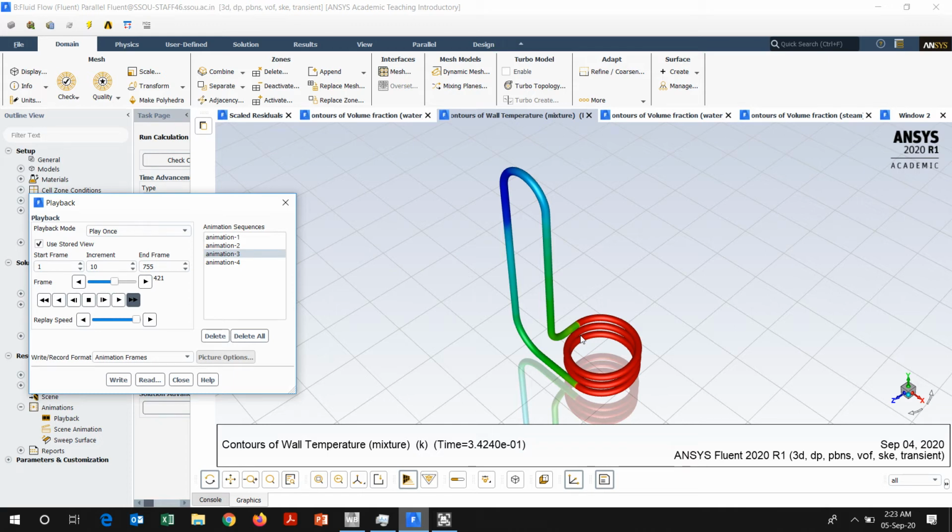In the second, there are a total of 1116 frames. We'll go on to see it with the 10 increments. Starting with these 10 increments, you can easily see how the pulsating action is getting developed inside the closed loop pulsating heat pipe.